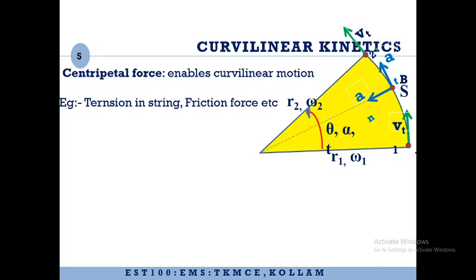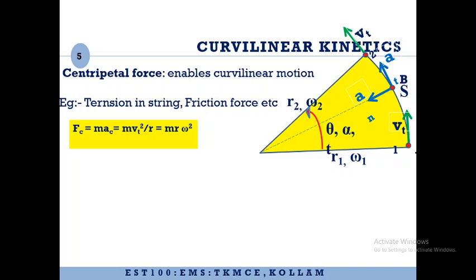Similarly, if you are driving a car and the car is taking a curved path, the car is able to take a curved path because there is a centripetal acceleration for the car. This centripetal acceleration is there because there is a centripetal force, and that centripetal force is nothing but the frictional force between the wheels of the car and the road. So centripetal force brings about centripetal acceleration, and it is because there is a centripetal acceleration that the body is able to undergo a curvilinear motion.